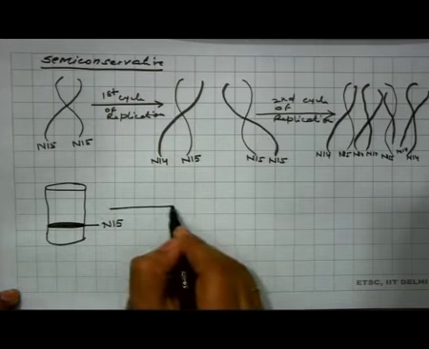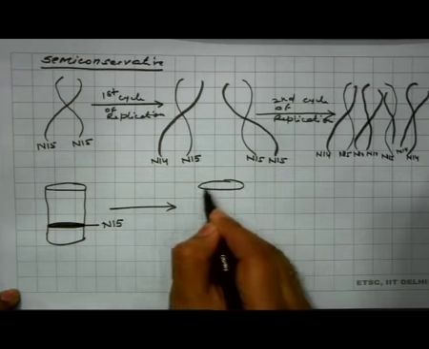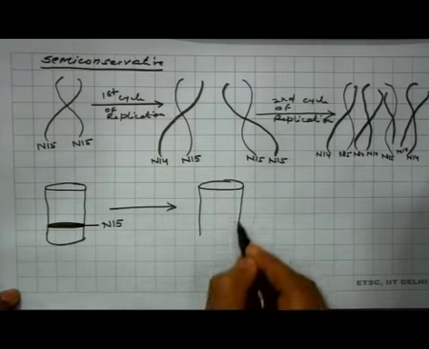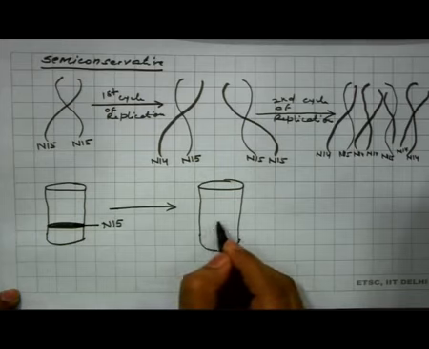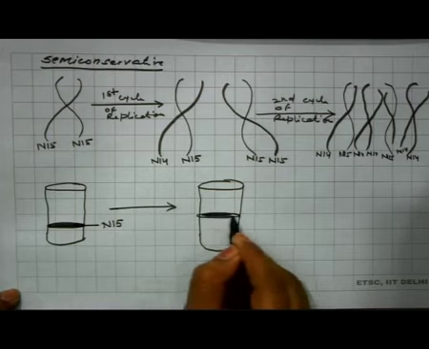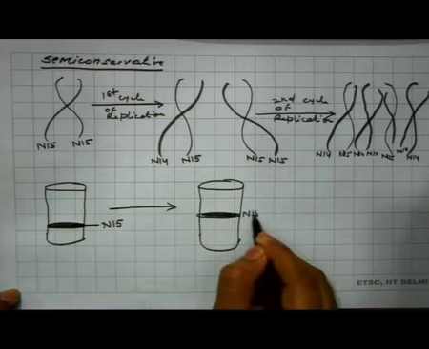If we go for the first cycle of replication and take out the cesium chloride density gradient centrifugation, we will find just one band with intermediate of N14 and N15,